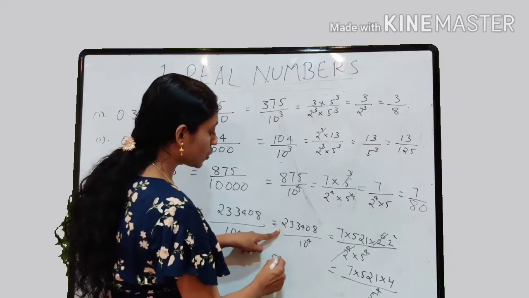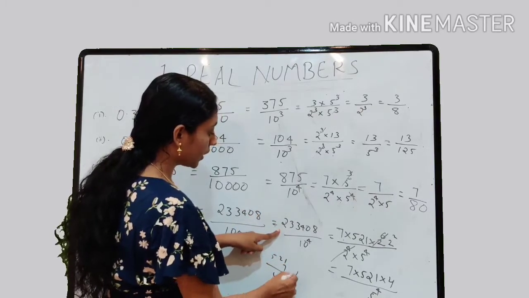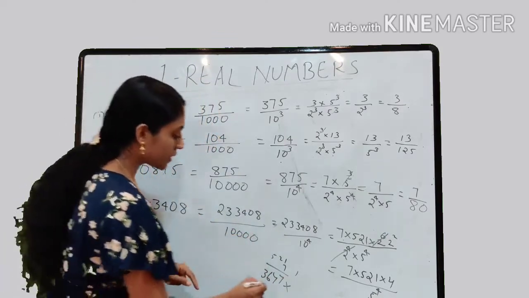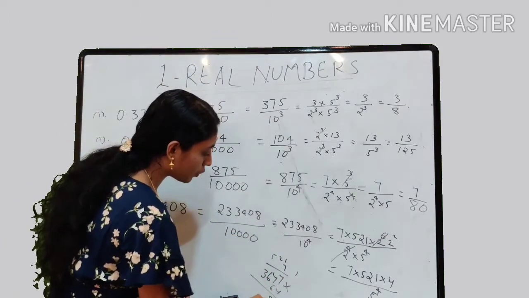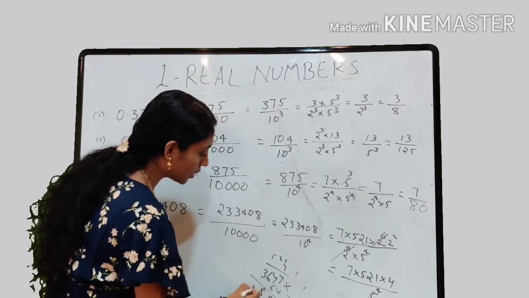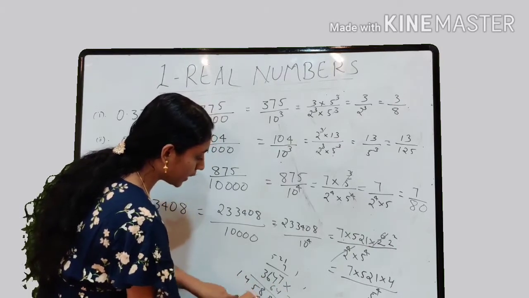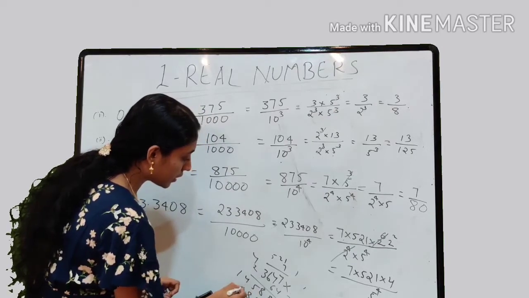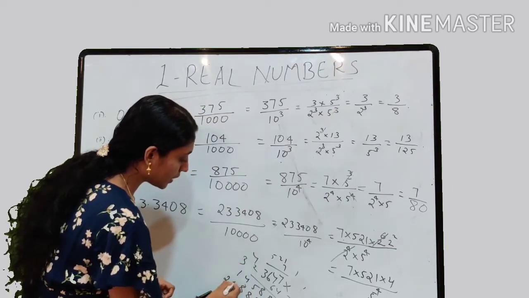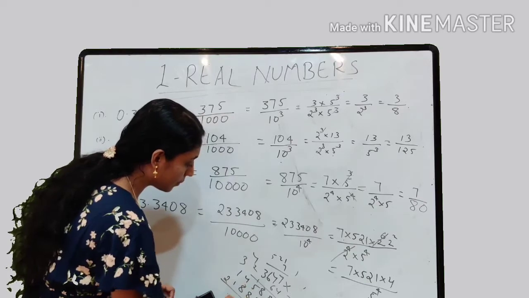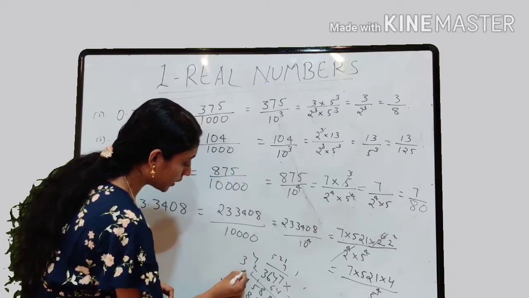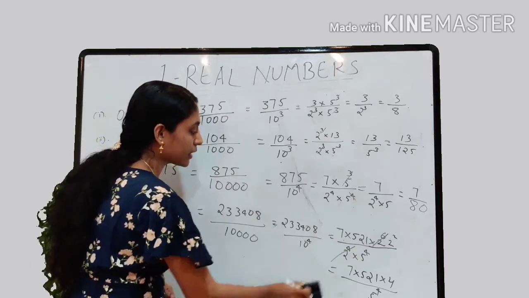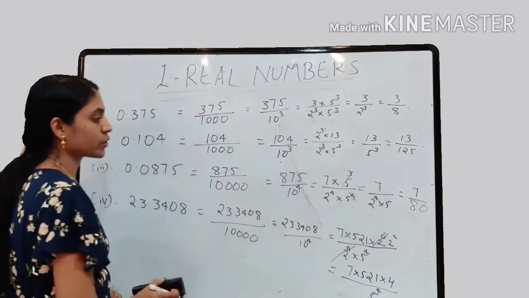So 521 into 7, it is 3647. And what about 2 raised to 6? 16 into 4, 64, right? And on multiplying, we will get the numerator value. Yes, it's right. And 10 raised to 4 can be expressed as 2 raised to 4 into 5 raised to